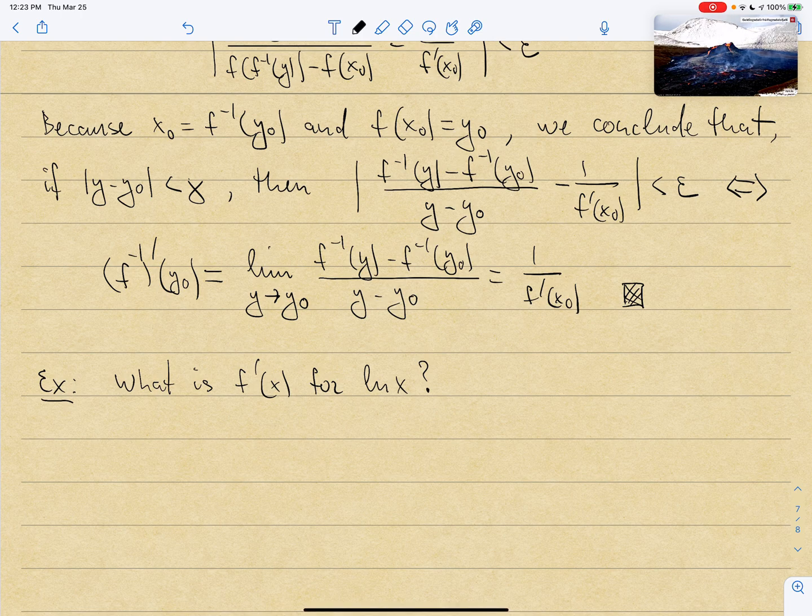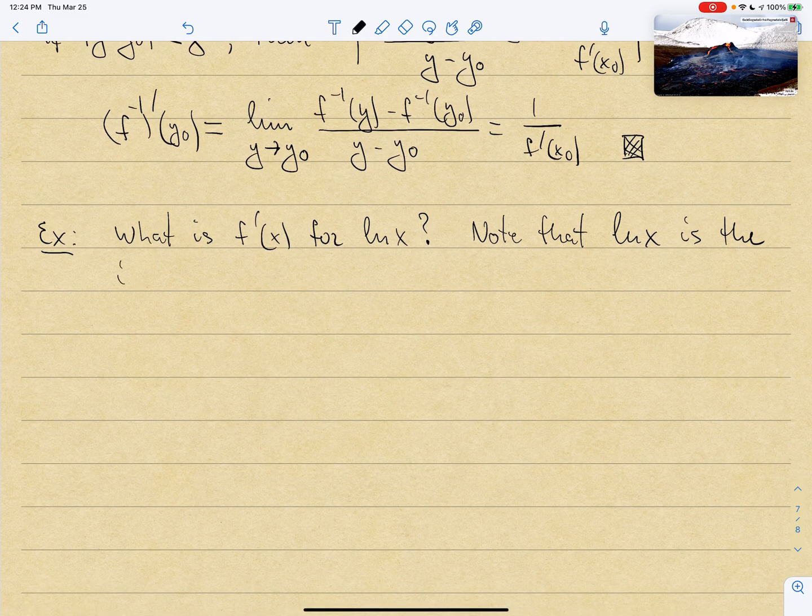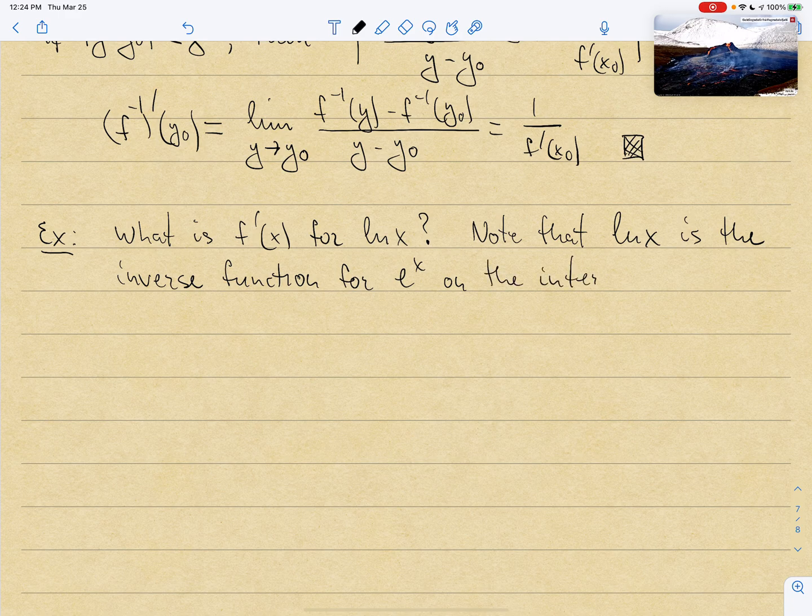So how do we argue here? Well, we know that ln of x is the inverse function for e to the power x on the interval 0 to infinity, right? Certainly e to the x is 1 to 1 and continuous on 0 to infinity, right? So e to the x,